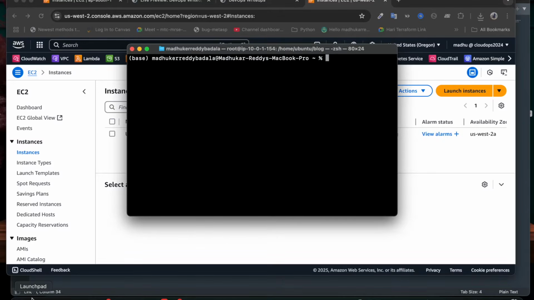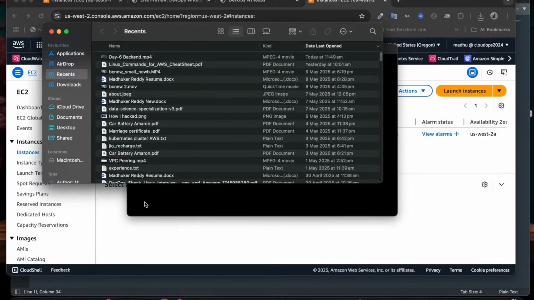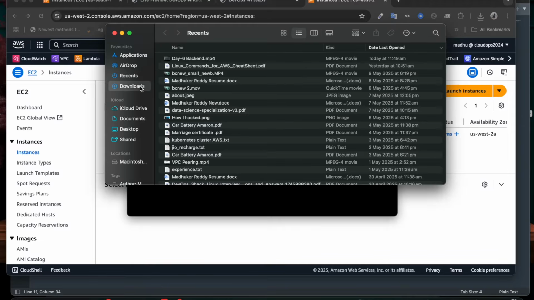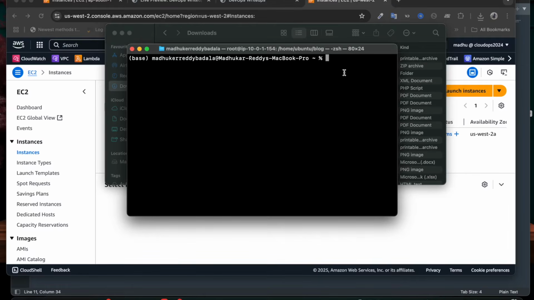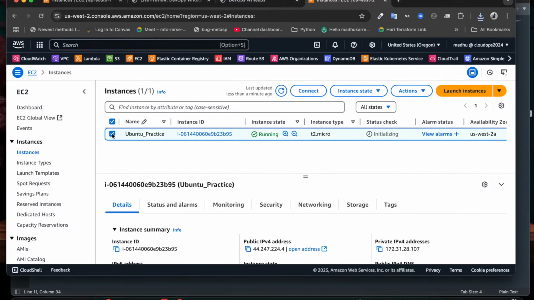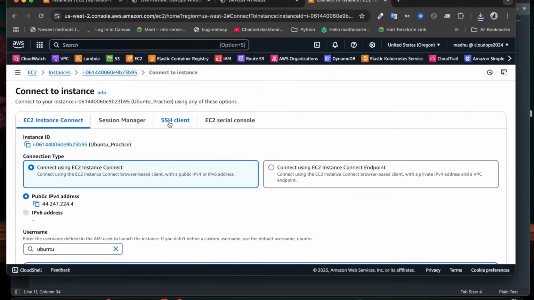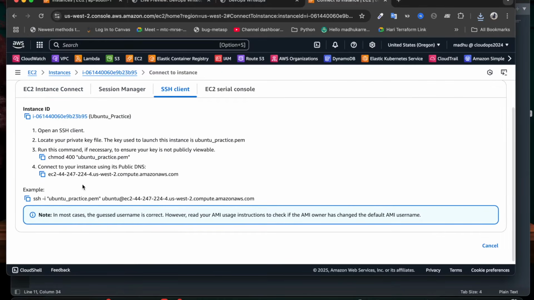Click on terminal. In Windows, just open File Explorer, go to downloads, and you will have this file here. In my case, cd means change directory; I'm just going to go to downloads, and then you need to run this command. Click on connect, SSH client, and copy this command.